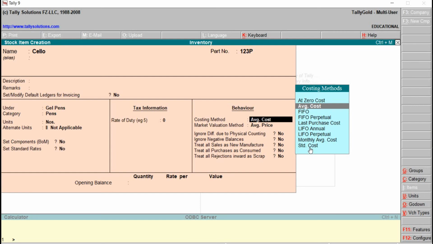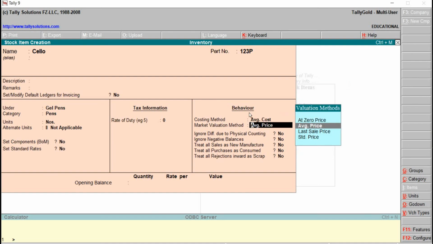In this case, the standard cost is the standard rates specified in the inventory master. The cost of the goods sold and the cost of the inventory is based upon the standard rates. Right now we will select average cost.